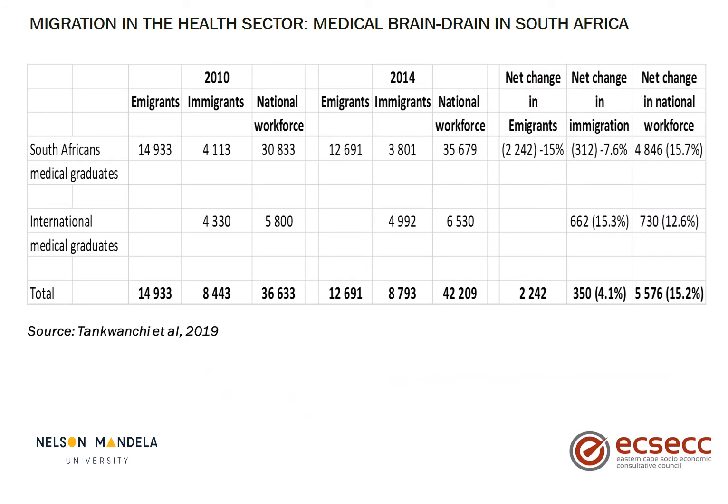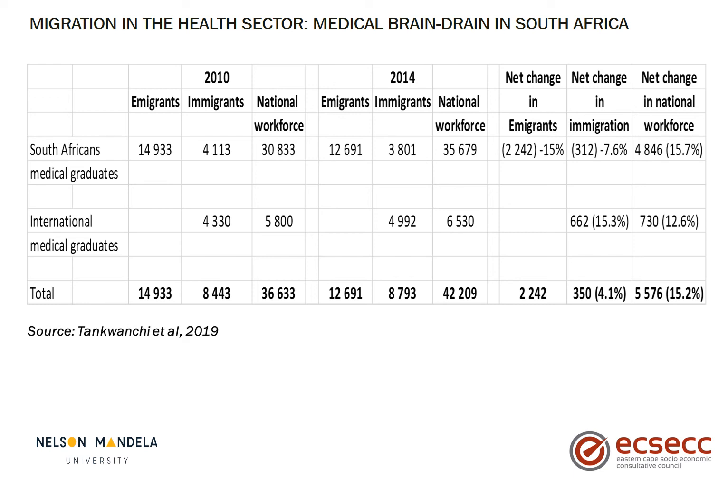Now, in the health sector, we have migrants out of the country, and we also have international migrants into the country. For example, in 2010, South African medical graduates who left the country numbered about 14,933. In 2014, the number was 12,691. Even though it's decreasing, it shows a net migration of minus 15%, but there's still an outgoing of medical personnel. During the same period, international medical graduates who came in 2010 numbered 4,330, and those who came in 2014 numbered 4,992, an increase of about 15.3% over that period. But the number of international medical graduates coming in is not enough to cover the shortfall of those who left the country. So this caused a shortage